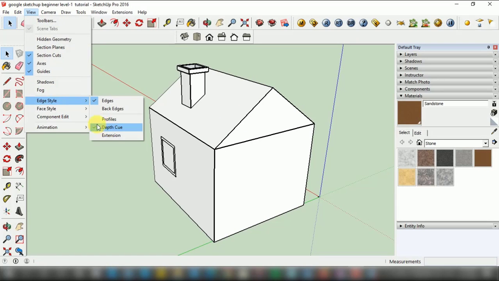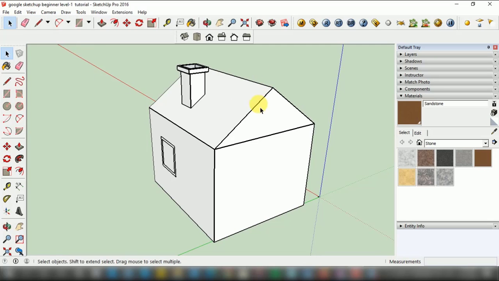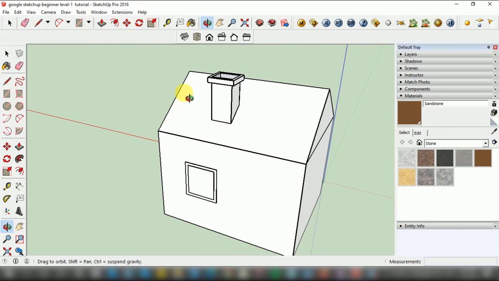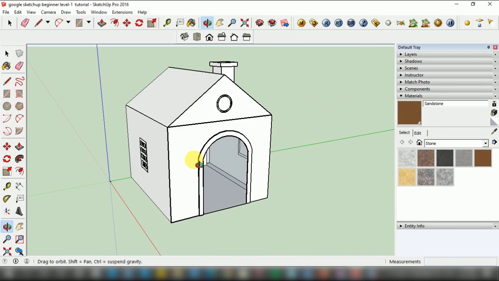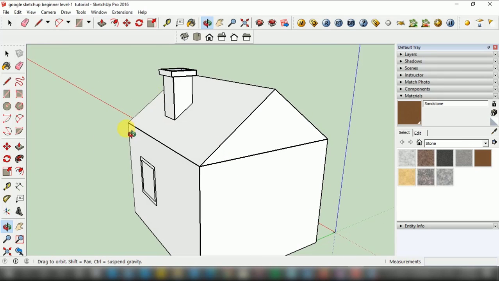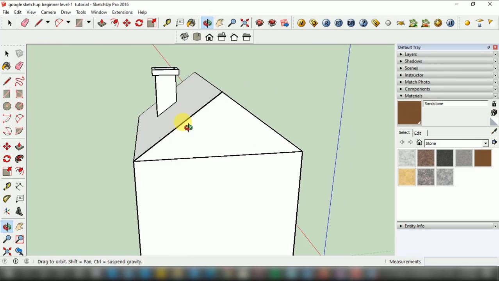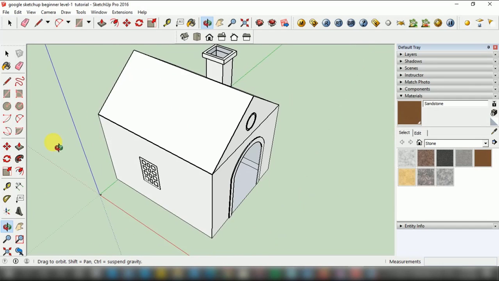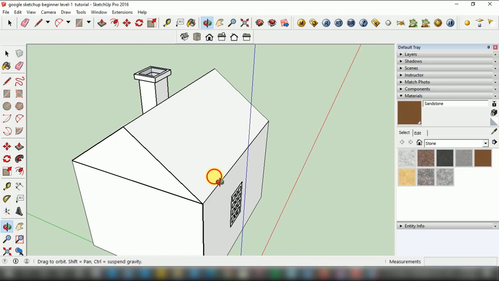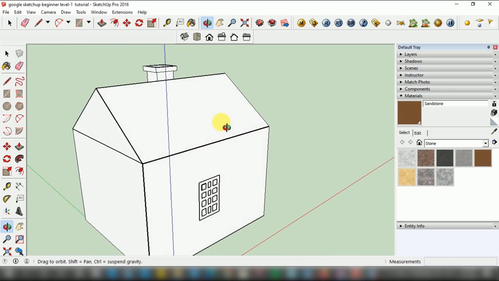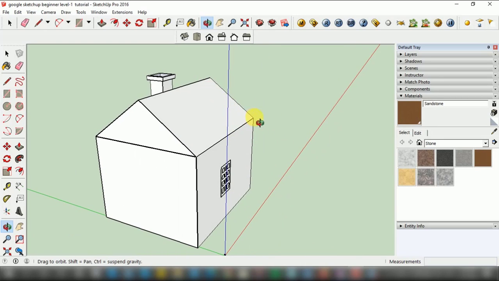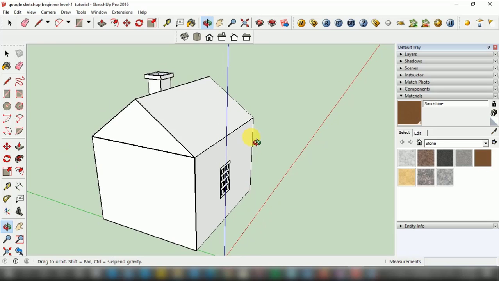By checking that, it's on. You can see that it is dark. When I change the camera, it is light, and this one is dark, and this one is dark right now. But when I orbit that object, you can see this one becomes lighter. So this is the use of Depth Cue option.